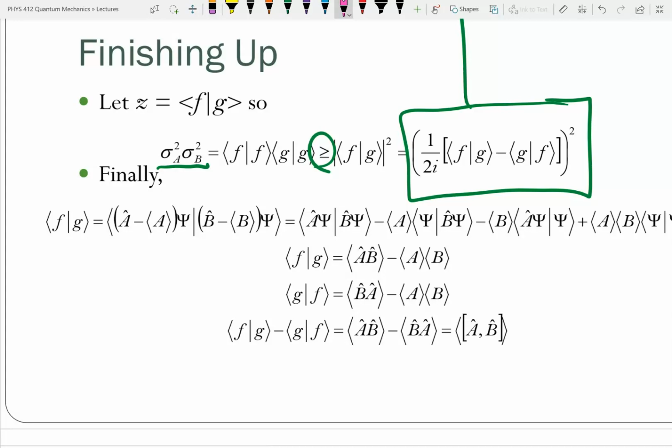Now we're going to actually calculate what this is. Of course, this is a general calculation. We don't have a specific A operator or B operator or psi. But using the bracket notation, we once again have, I'll use different colors this time. I'll call it 1, 2, 3, and 4. So this is going to be 1,